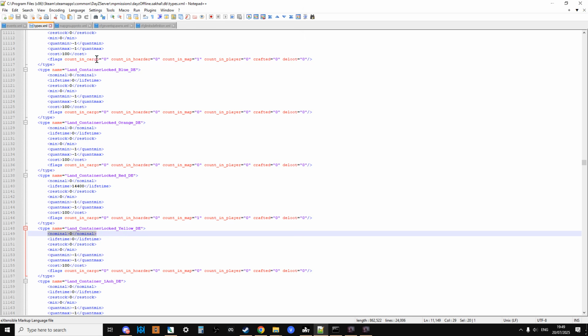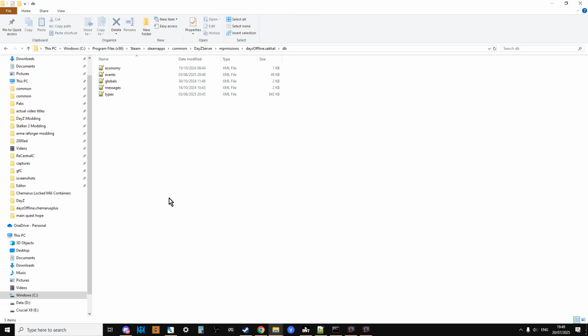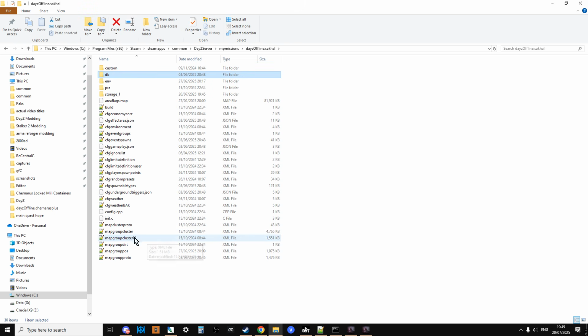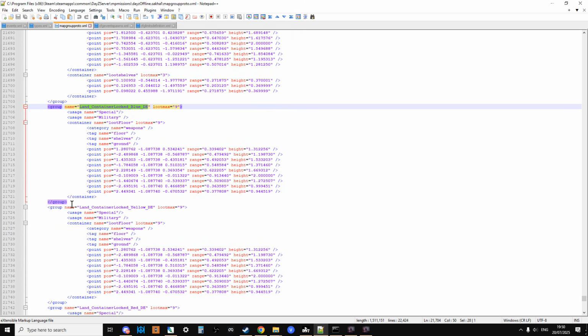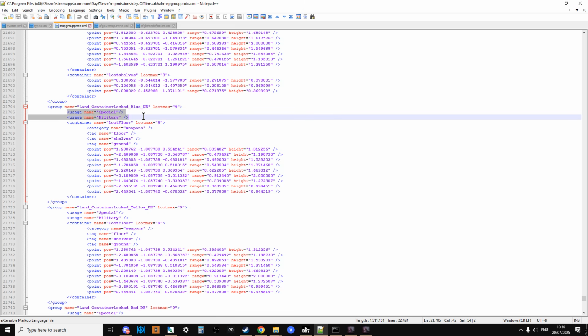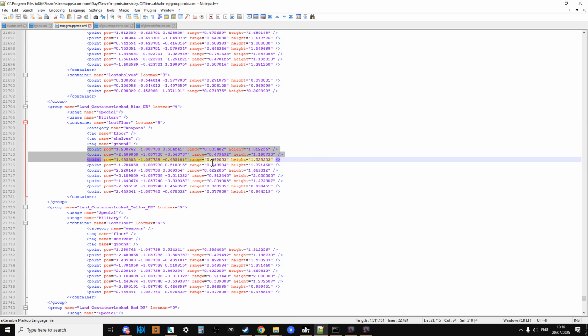So that's that. The next thing we want to look at is the mapgroupproto. If we go up one level in our server and open up the mapgroupproto file, we get this file. Now the mapgroupproto is a really clever file. It's really cool. In fact, what it does is it tells the server what type of loot and where that loot should spawn in a particular structure or item. So in this case, we've got the land container locked blue. We can see that it should spawn special and military stuff, that are weapons. And it should spawn them